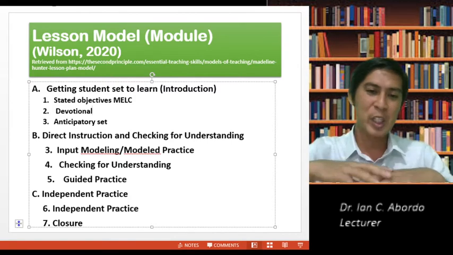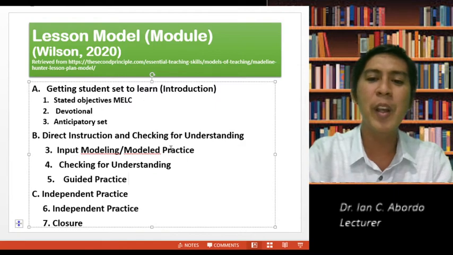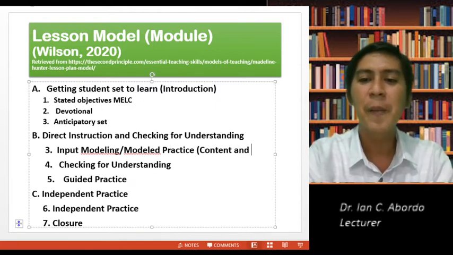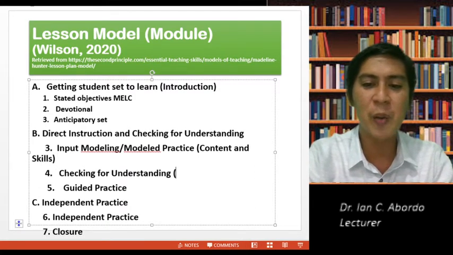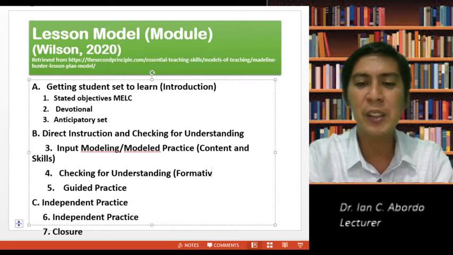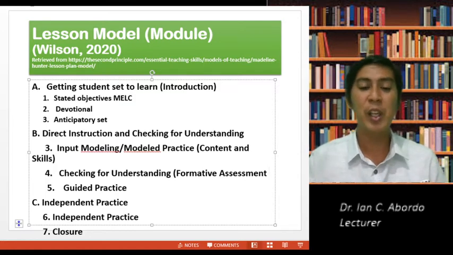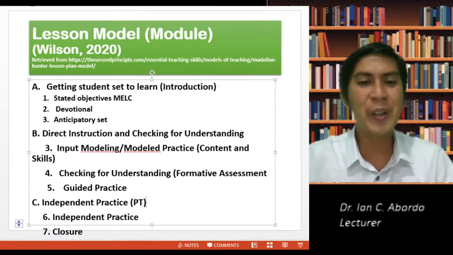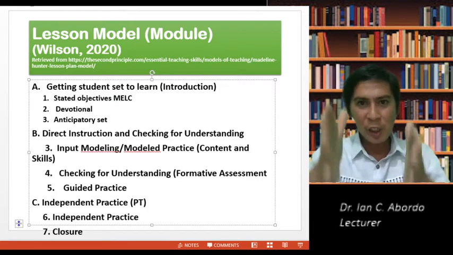So when we say checking for understanding, you will use your formative assessments here. Content will be placed inside here, content and skills. And then in the checking for understanding, you will have formative assessments. And when you go to independent practice or the last part, you can even say, here I'll put my performance tasks. I'll put the PT here. So you can do that. You can make adjustments. So I'm just saying that the structure